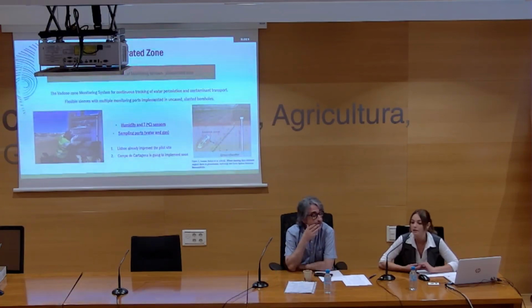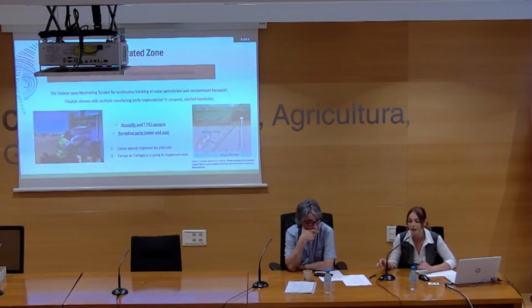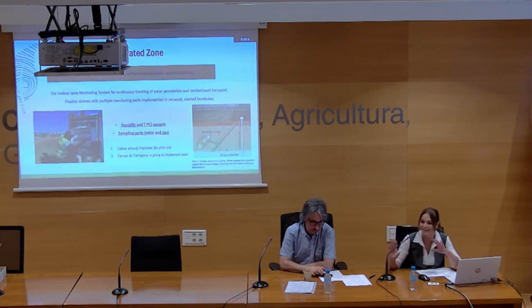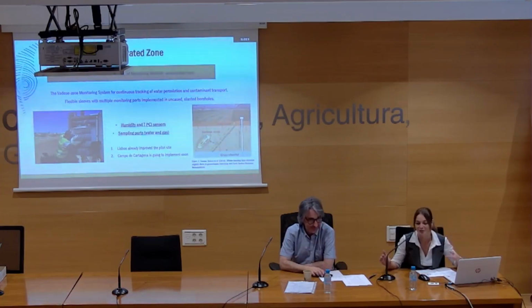We have already selected a place to implement this, and our idea is to place one borehole beneath a citrus crop and the other beneath the lettuce crop, to make a comparison and to see how the water quality in the unsaturated zone changes with respect to the thickness of the root zone and the kind of crop.